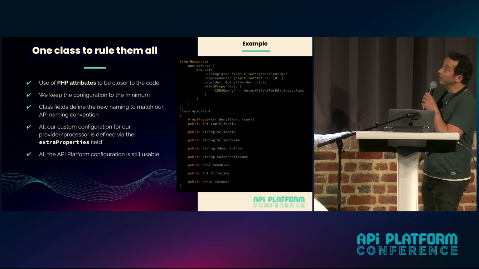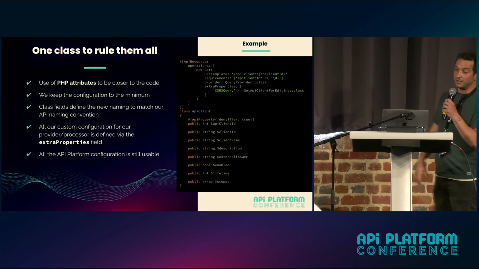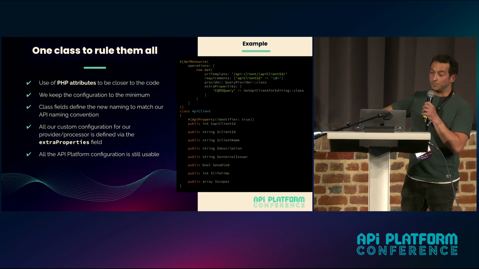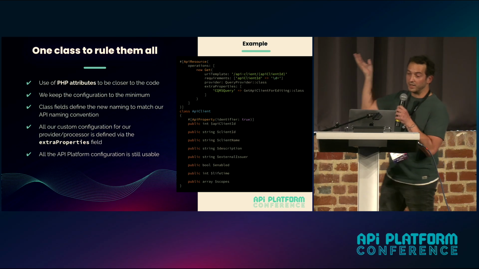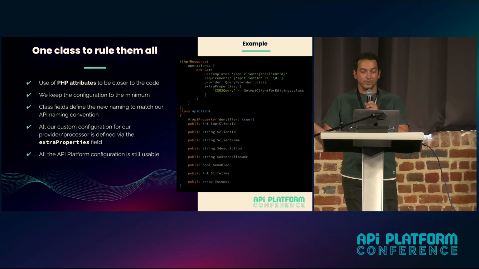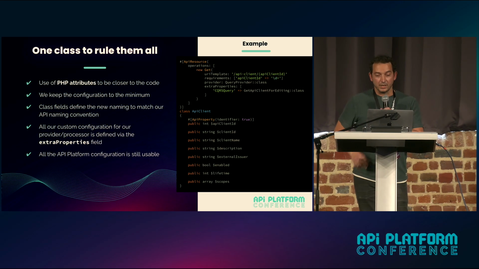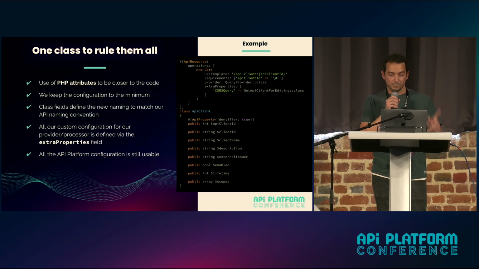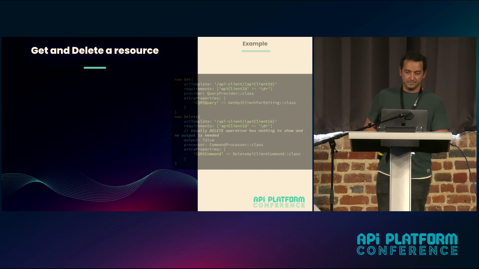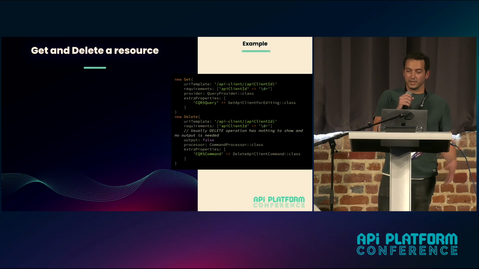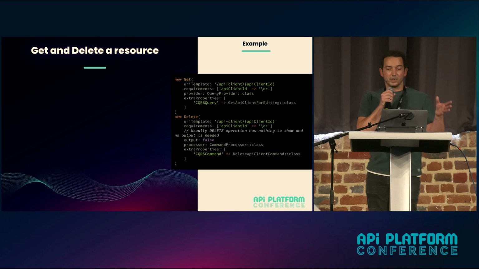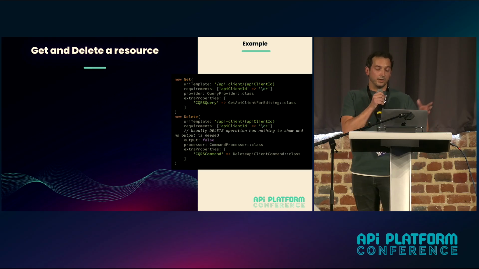So what does it look like? Roughly, here you can see that you have a basic API resource with a GET. We define the provider, and as you can see, we have those extra properties, but I will get into more detail with that. So for the GET and the delete resource, you can see that we use the query provider that I explained earlier.